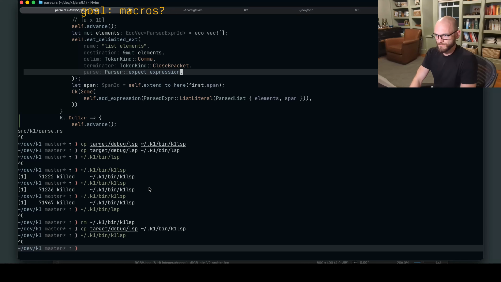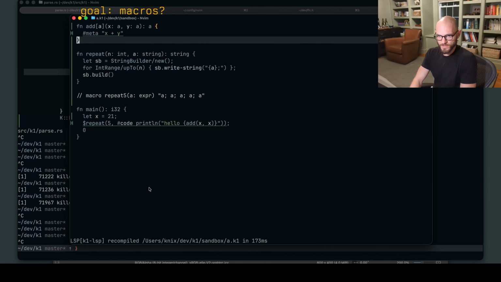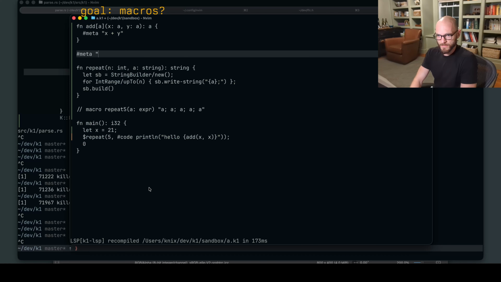Let's try it in both positions too. Meta def type my foo equals foo. Plain string.